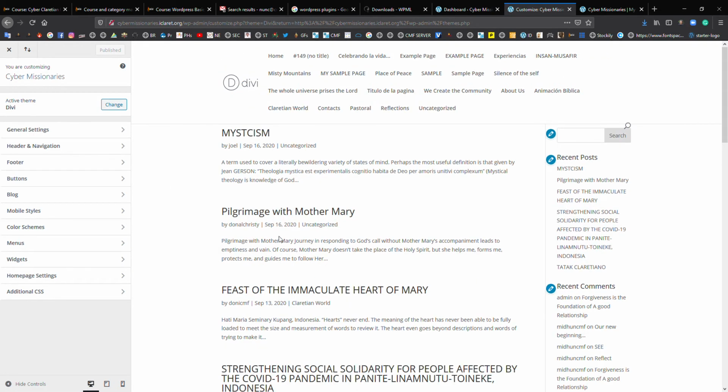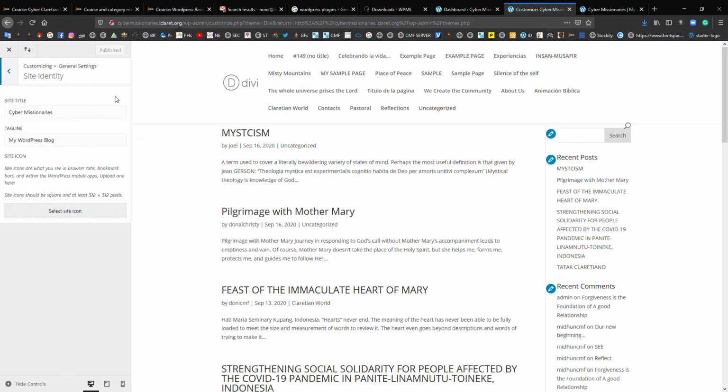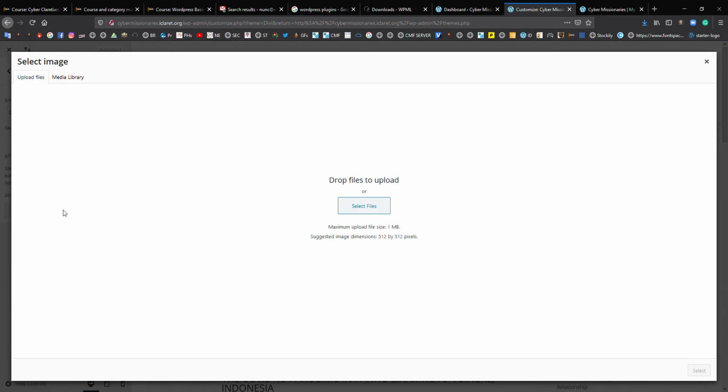and so from here this is the front page, you see, and we can change from the general setting what will be the site title, and then the tagline you can change that, or you can just simply remove. Then you can also put the icon, site icon. Normally we can just put anything,